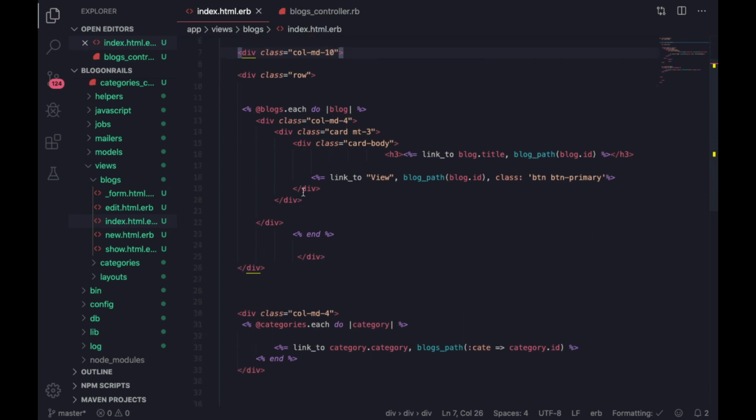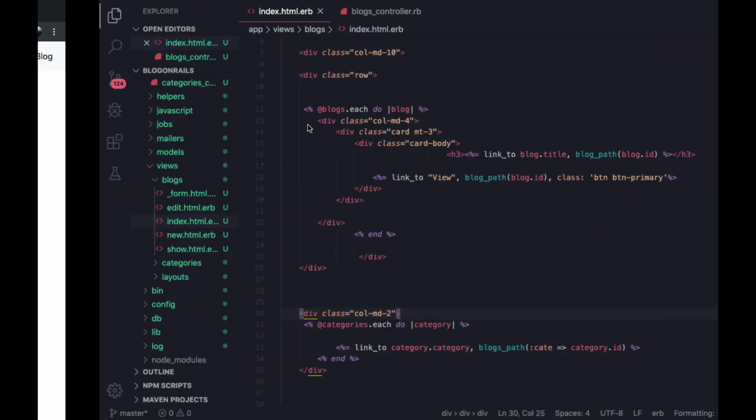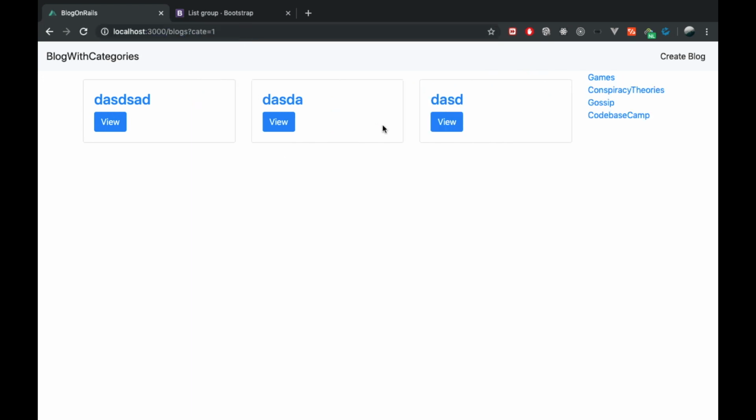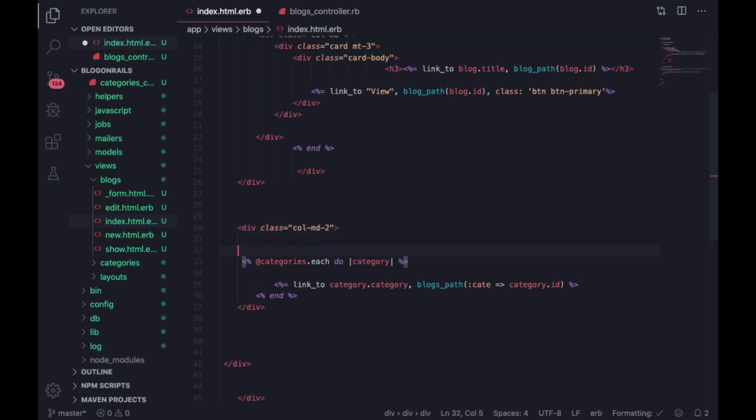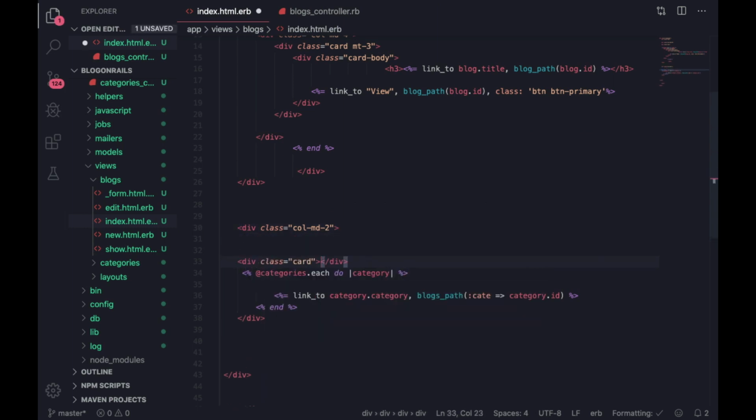Actually, we can leave it as it was. I think it looked better before. There we go. Alright, so let's take care of this here quickly. I will create the div card inside here. Actually, before I do that, yeah, div card